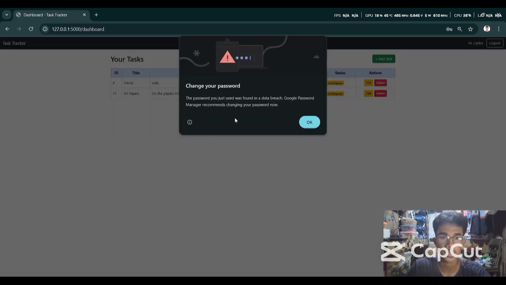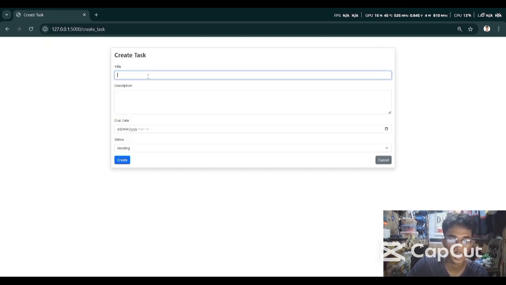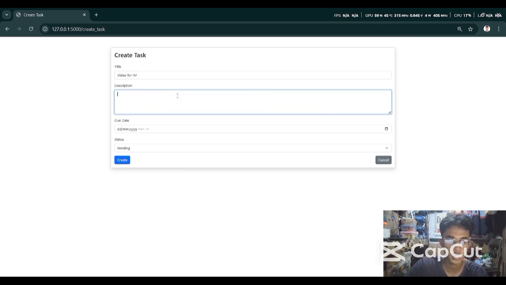Let's log in. So as you can see, I have here the dashboard. This is just a simple dashboard, but the CRUD application here is complete. So let's create a task. Title, let's say, video for IM, and description: record a video 15 minutes to 20 minutes.